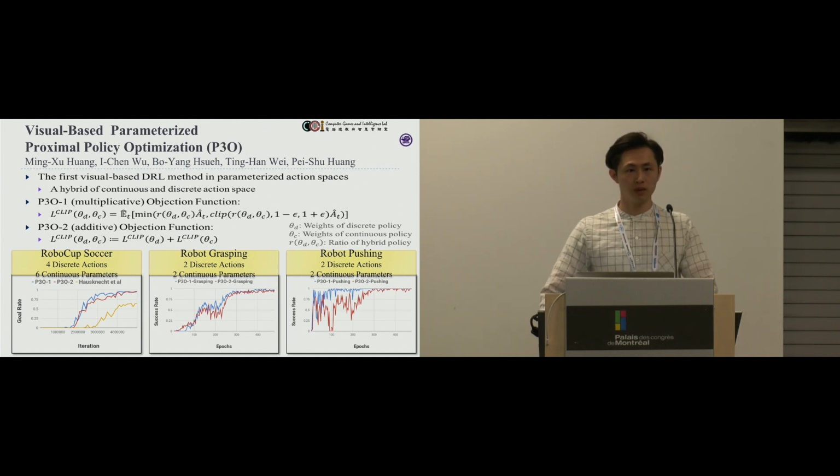Most reinforcement learning algorithms only perform well in converging to the optimal policy in a specific action space, but it's hard for them to optimize under hybrid action spaces. To address this problem, we propose a new algorithm called parameterized proximal policy optimization (P3O), and we verify it under three environments: the robot soccer simulator, robot arm grasping, and pushing. The results show that P3O reaches a better final policy and has higher convergence speed.